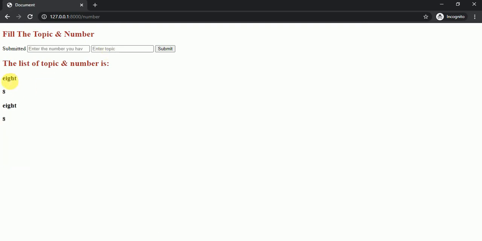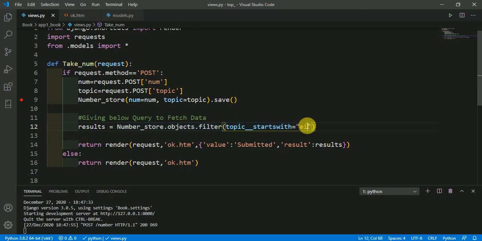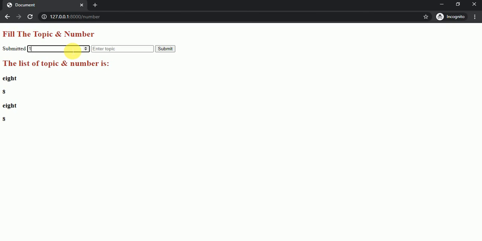You could see EI here, because this 8 is starting with EI and this is also starting with EI. When I write B here, then it will give all the data in which the topic starts with B. Let's see it. So it is going to fetch all the data in which the topic starts with B. So here we have only one data.